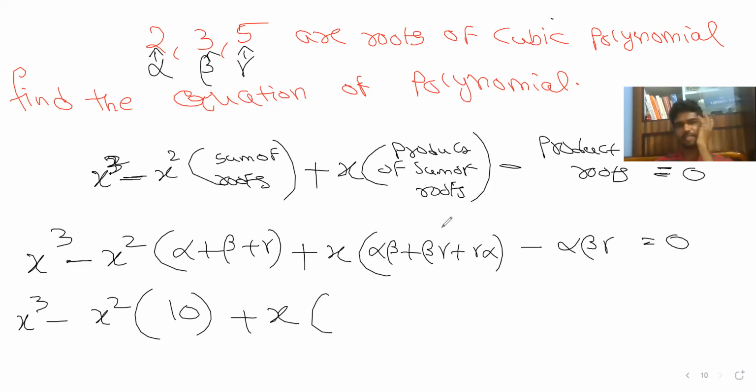It is not minus b by a, right? It is c by a. Sorry, c by a. You don't know c. Do you know c? We are finding c. Yeah, c is the product of roots. So the product of roots is 2 into 3 into 5. c by a, I know, is the product of the roots, but I don't know the value of a. We don't know the equation first for writing c.